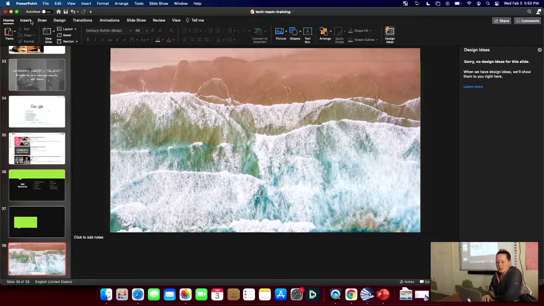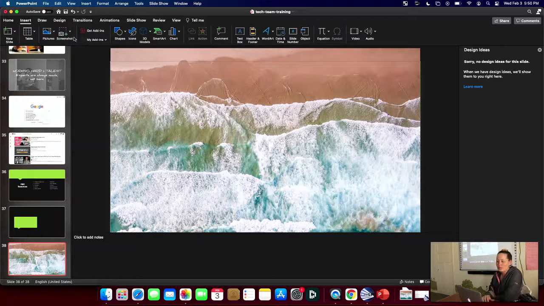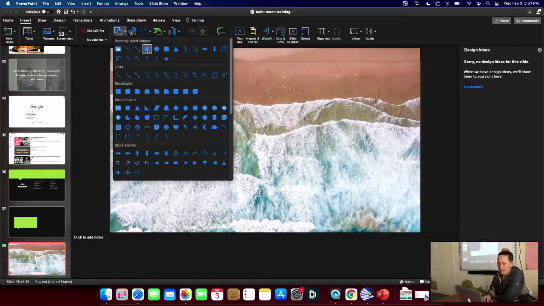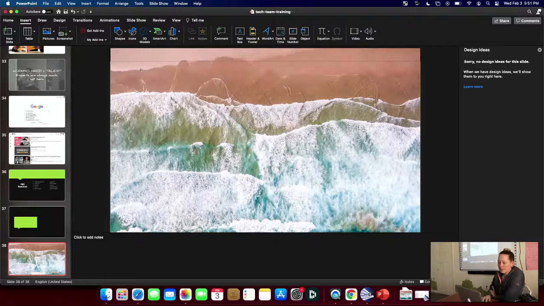So one of the design things we talked about was contrast, right? So say I'm going to do a flyer for something like Andrew was talking about. I don't want to put text directly over this image because there's too much going on in the image. No matter what text I put on here, I'm not going to be able to easily read it. So I'm going to go into insert, and I want to insert a shape. Let's see, I don't want SmartArt. Okay, shapes at the top in my ribbon, and I'm going to click the square,